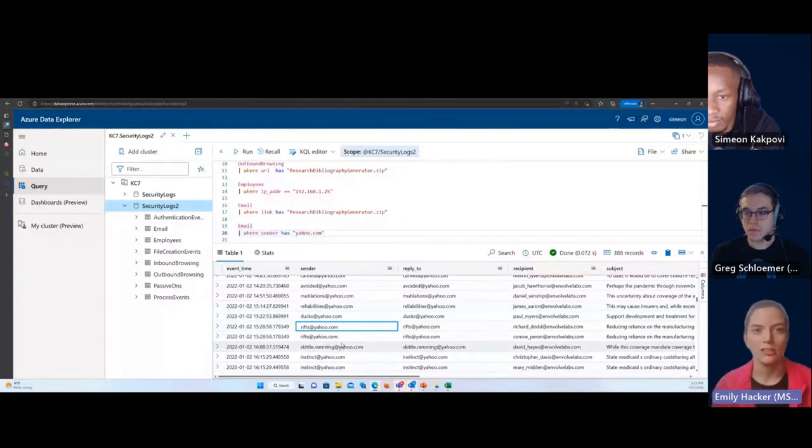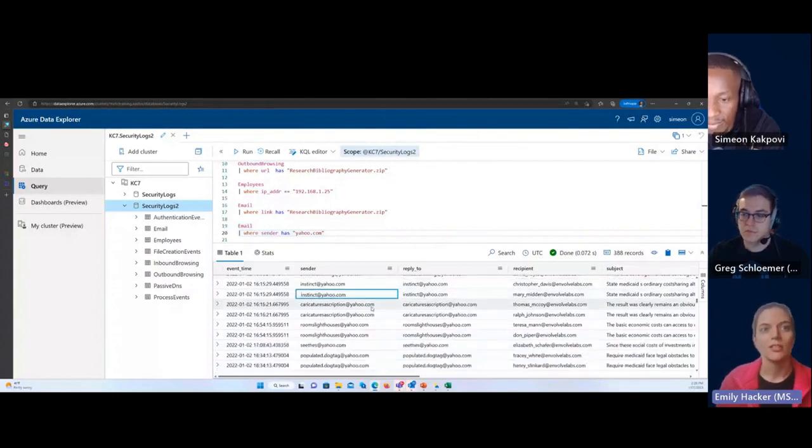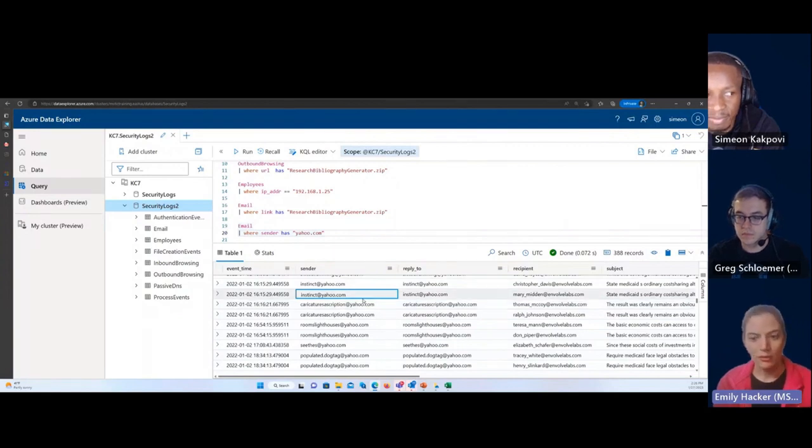In this case, the reason this pivot wasn't great is because we've kind of flipped the triangle on its head, to where the vast majority of results are unrelated, and we only have a couple that are. Scrolling through, we can see most of these don't relate back. So that means yahoo.com is not specific enough as a TTP to just our actor to help us build out our understanding of that one actor. So bad results, not necessarily a bad thing.